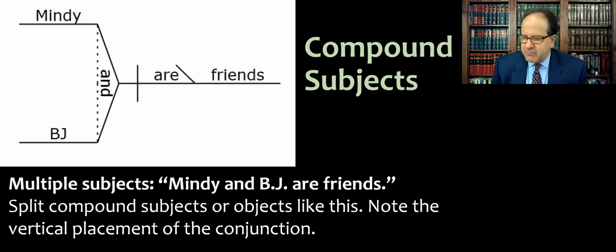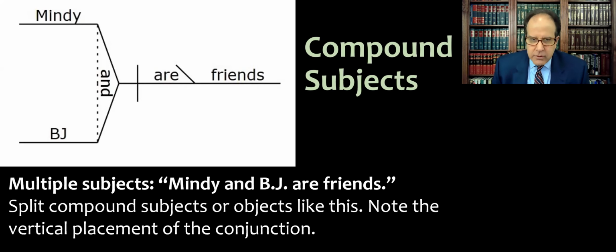Okay, so what happens when you have multiple subjects or multiple verbs or multiple objects in the sentence? This is how we diagram that. So here's our sample sentence, very simple. Mindy and BJ are friends, or we could say Professor Stevenson and his students were in class, right? So we have multiple nouns and then they're doing the verb together. So split compound subjects or objects like this on parallel lines, and then notice the vertical placement of the conjunction, which is and in this case, on a dotted line, and then the verb,